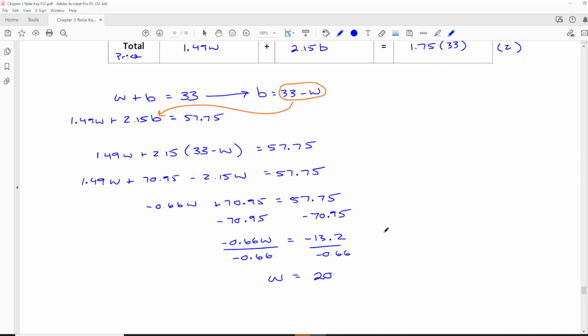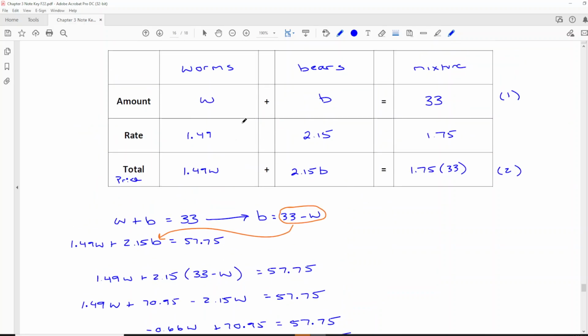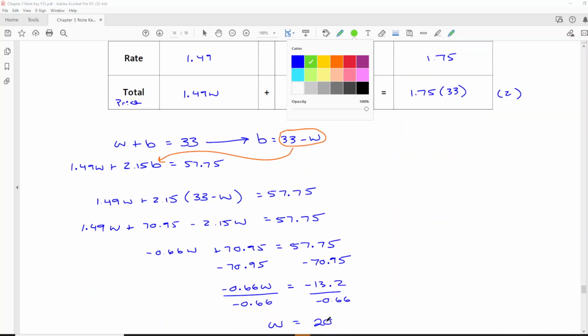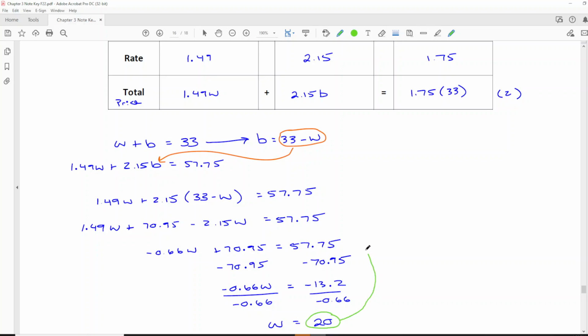So what does that mean? Well, the amount of gummy or sour worms is 20 kilograms. Now I have to figure out how many kilograms of the gummy bears. So I'm going to take that answer that I just got, this 20, and plug it in for W. So I get the amount of gummy bears is 33 minus 20, which equals 13. So therefore, the amount of sour worms, we'll do it like the textbook does it, dot, dot, 20 kilograms, and gummy bears,